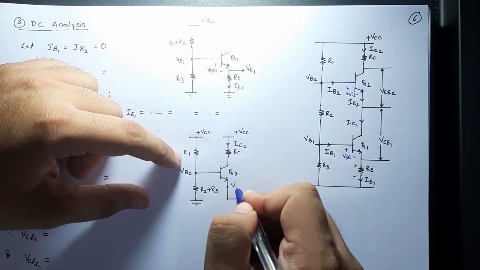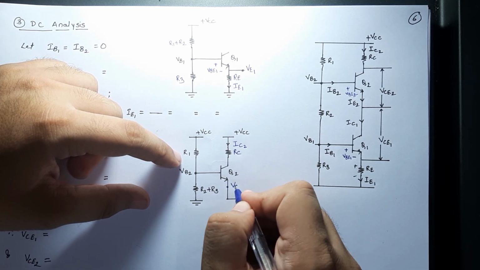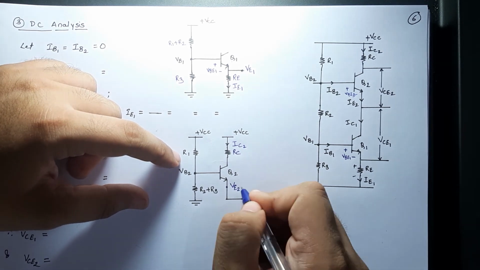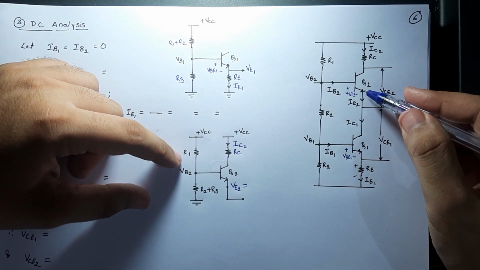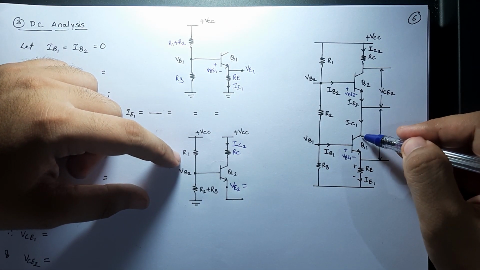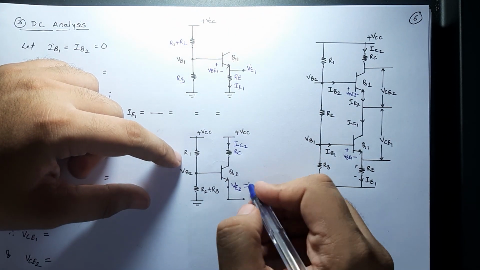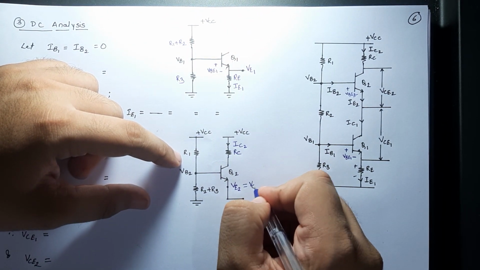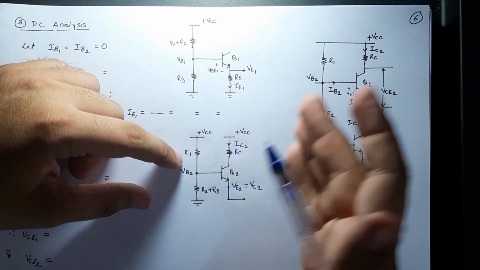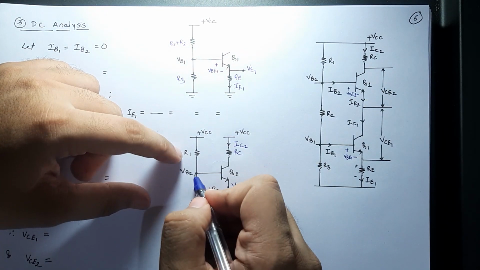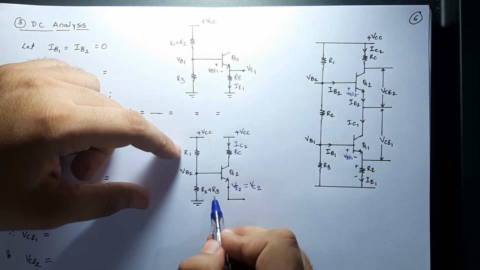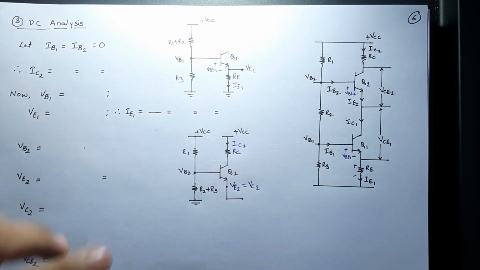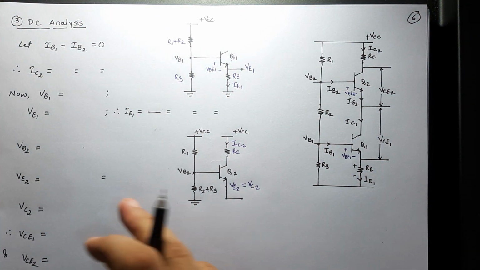it is nothing but VE2, since this is the emitter, which is connected to the collector of the first transistor. If you look over here, the emitter of the second is connected to the collector of the first, hence VE2 can also be reframed as VC1. Coming back to the left hand side, we have VB2 के ऊपर R1, and VB2 के नीचे we have R2 plus R3 over here. Now let's start with the DC analysis.